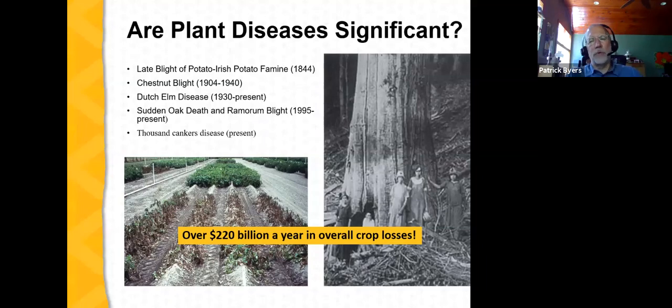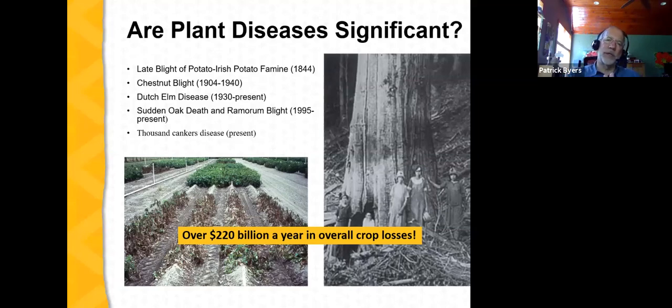And in the 3 years following 1844, the blight returned, and the situation was so dire that many of the Irish emigrated. And it's estimated that 1 in 7 of the inhabitants of Ireland left the country, again, just to find an existence that was more secure and not so dependent upon a crop that was being destroyed. And it's interesting to look back. Many of us have Irish heritage, and in most cases, the fact that we have Irish heritage can be traced back to the fact that our ancestors emigrated from Ireland in response to the potato disease late blight.